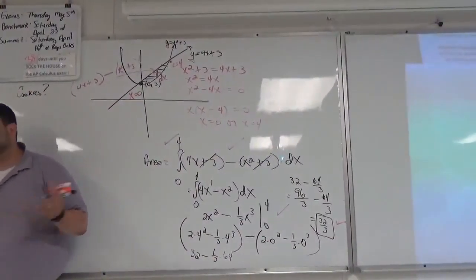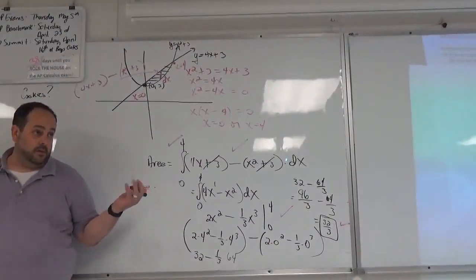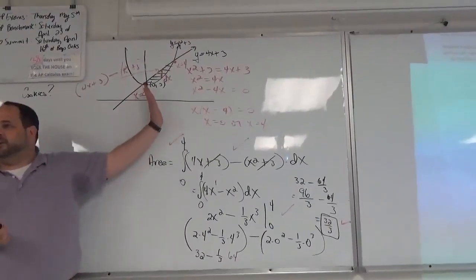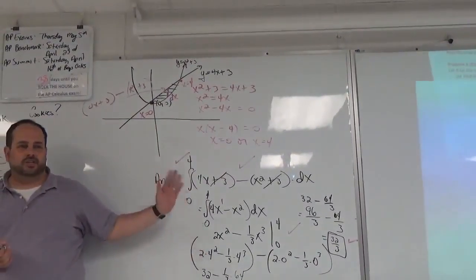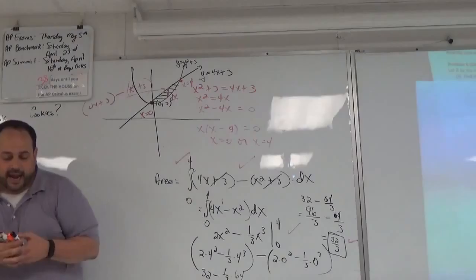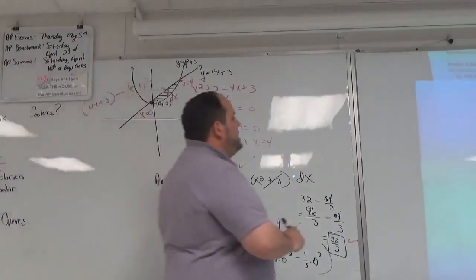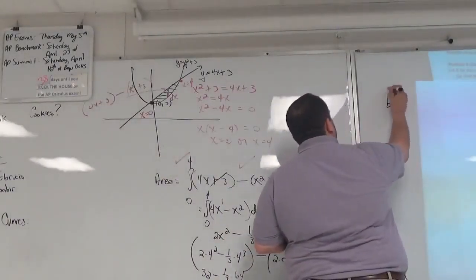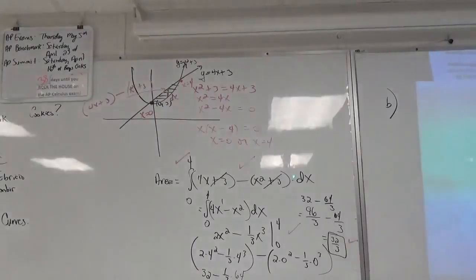Tonight's homework, I want you guys to do problems 1 through 5. If you can do this, 1 through 5 are going to be just fine. Now, part B is the push. Part B, questions like this have been showing up on the AP exam for the last couple of years. These are always the struggle place. So I want to spend the next 10 minutes or so seeing what you guys can figure out with B